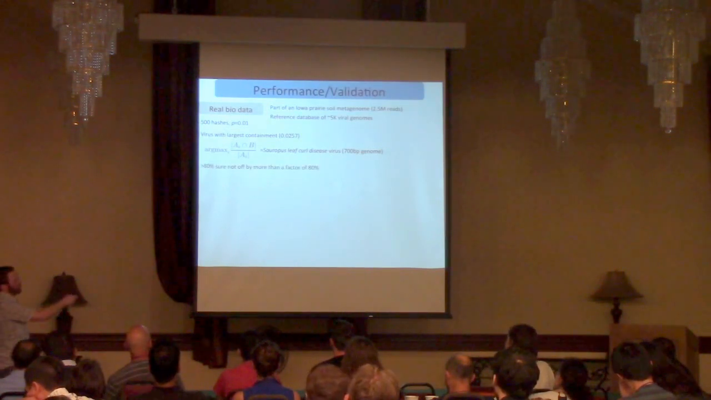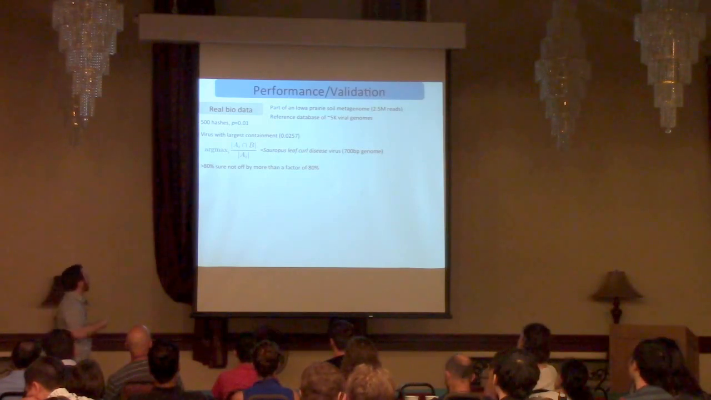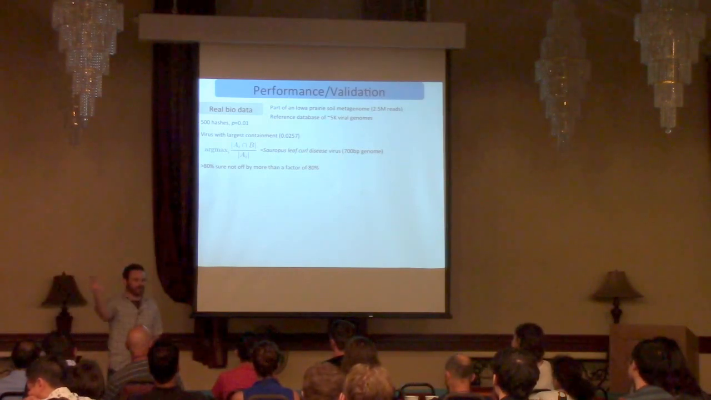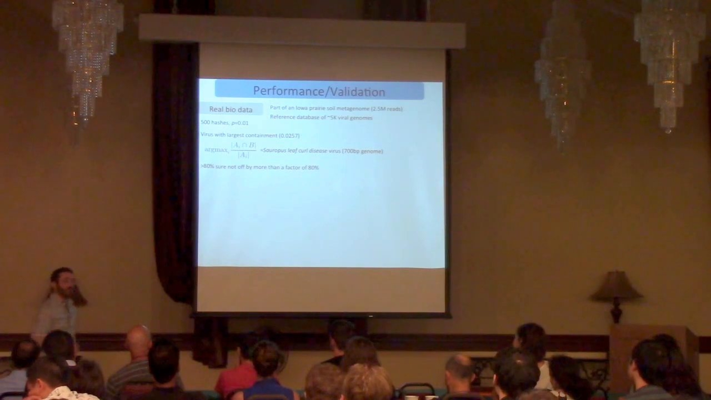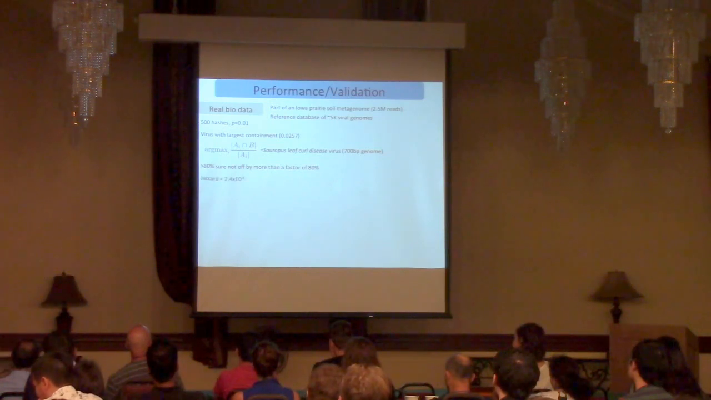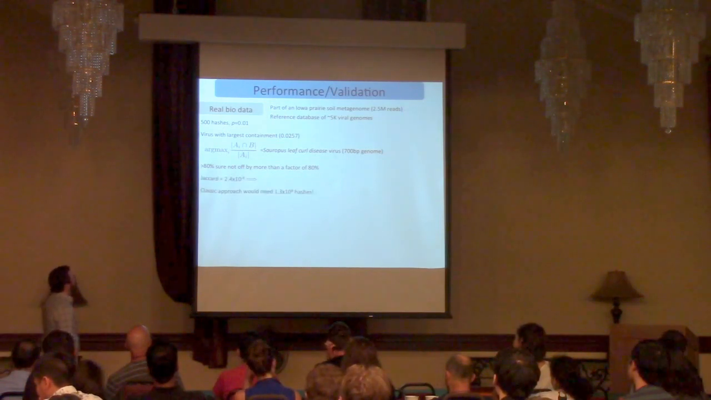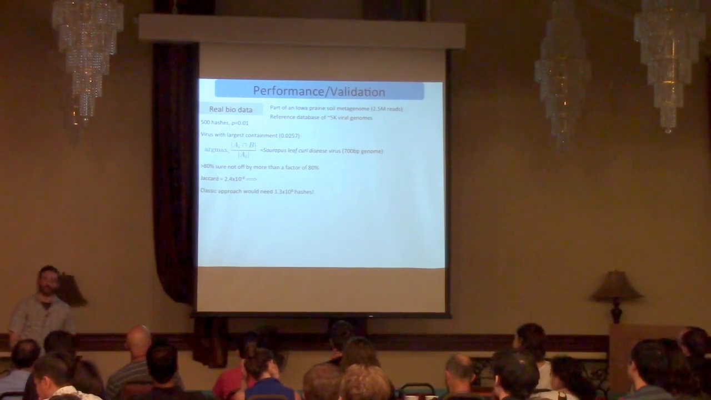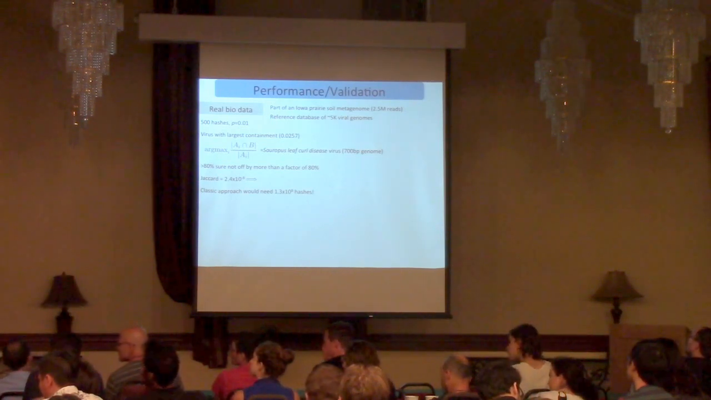So first off, using all those different formulas from beforehand, I can be more than 80% sure that I'm not off by some ridiculously large factor, which is great. If I wanted to have the same confidence with the classic approach, I would need about 10 to the 8th hashes. Ooh, question? What happens when you have